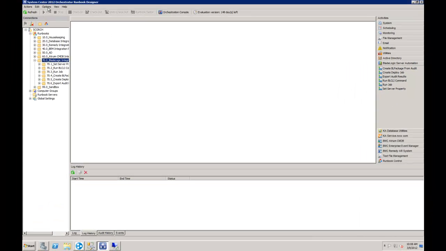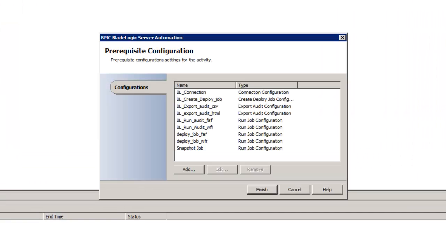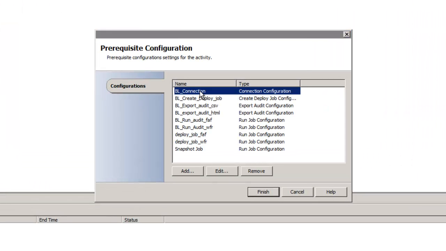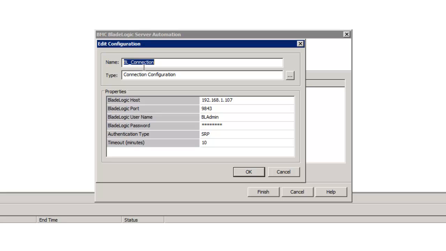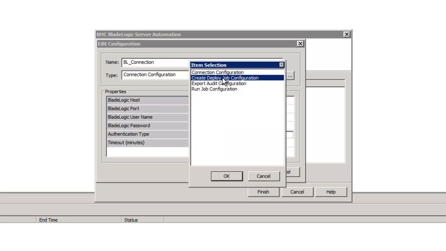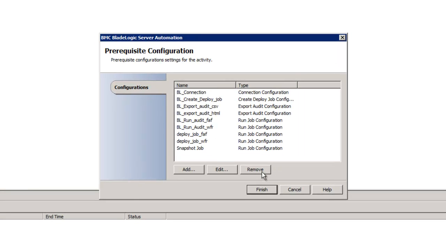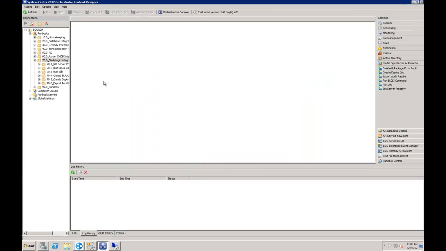Each of these objects is configured with a global configuration. Let's take a look at the generic BL connection. All of the configs are basically the same for the four different types. We need the server name and port, the username and password,